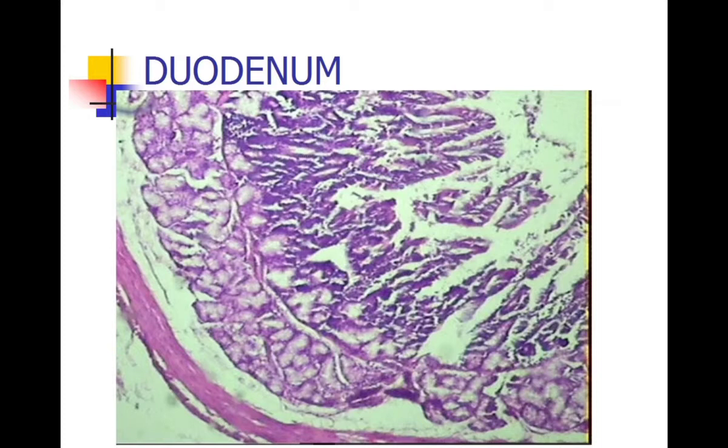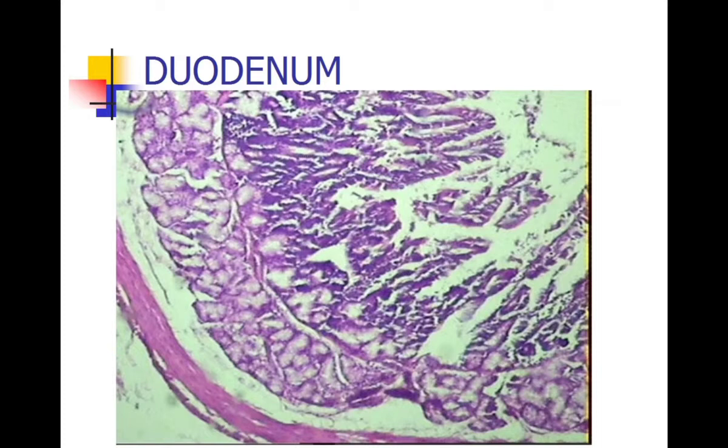My dear students of second year MBBS, yesterday we were talking about the small intestine. I have told you that there are three parts of the small intestine: the duodenum, jejunum and ileum. And I have told you that there is a difference in structure between these three parts of the small intestine. Today I am going to tell you about the identification of the slides under the microscope.